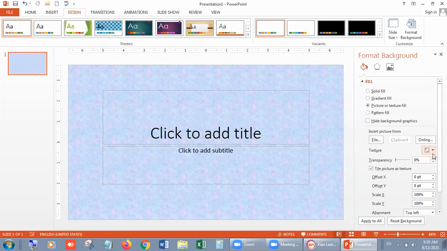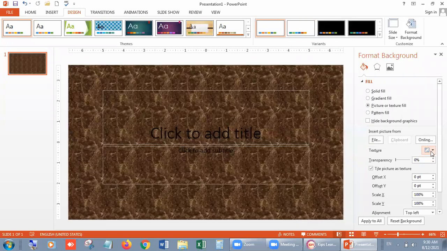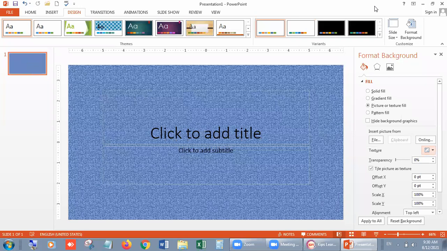So whichever style suits your requirement, you can change it according to you. I hope you are getting it very easily. It is quite easy. Now this is also a thread design.